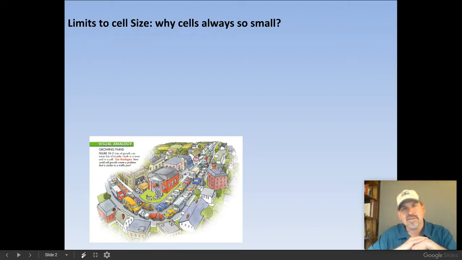The surface area is the cell membrane, and everything that the cell needs goes through the cell membrane, and volume is how much stuff it needs. So as cells get bigger, how much nutrients it needs and how much waste it produces grows faster than the surface area or the cell membrane,